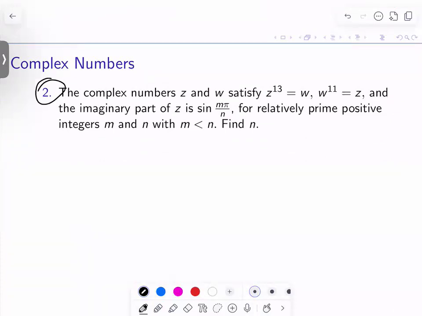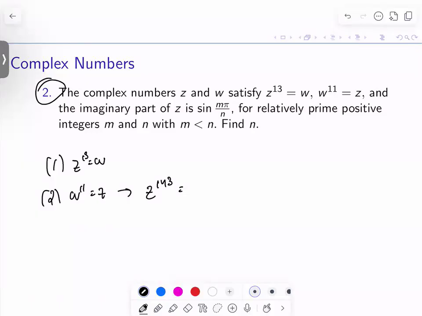So what we can do first is substitute the first equation into the second. The first equation gives us that z to the 13th is equal to w, and the second equation is w to the 11th is equal to z. So we can substitute the value of w given in the first equation into the second equation, and that would give us that z to the 143rd